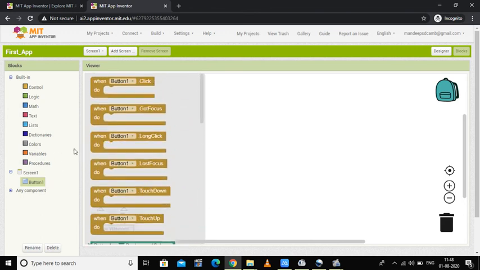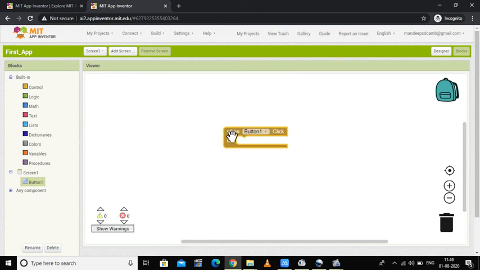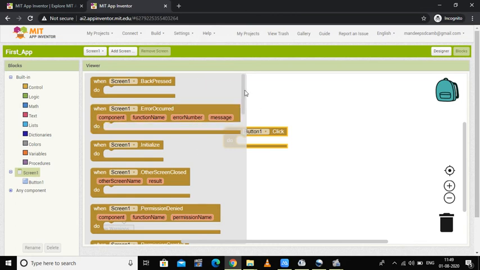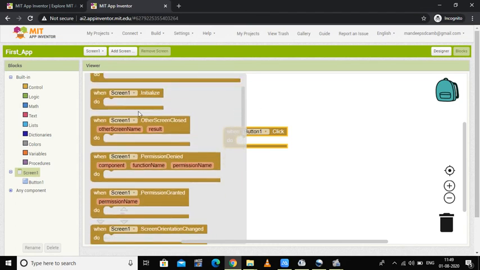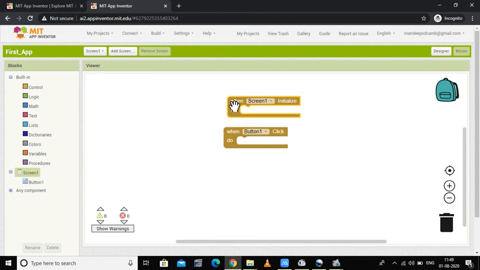If I want to use any logic, I don't want to do any kind of coding, but I have to work on my logic. If my button is clicked, then something will happen. So I will choose when Button1 click, do this. On the screen part, these kinds of blocks are available. If you want to use one, you can drag it and drop it anywhere on the screen.